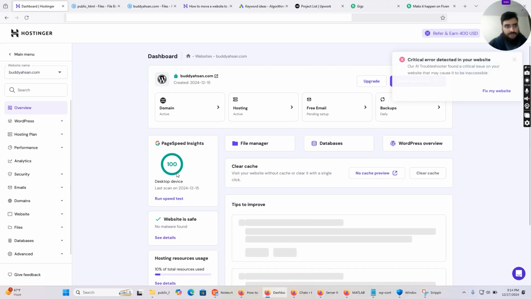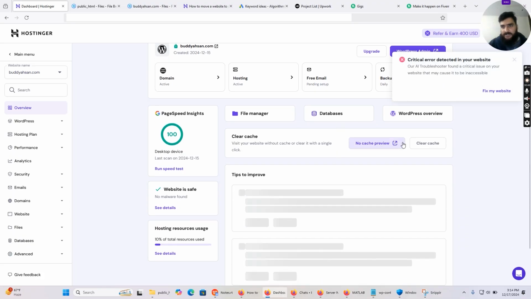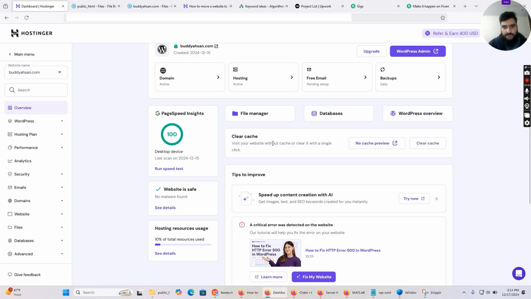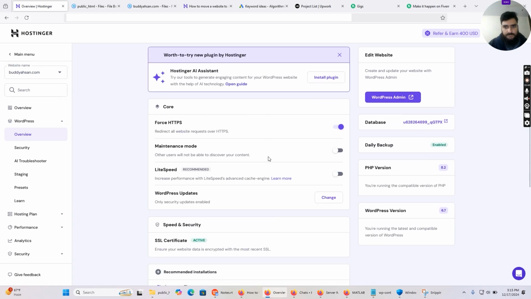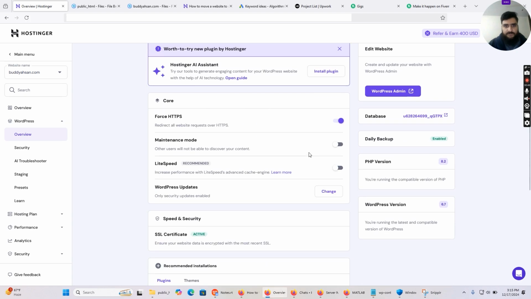One thing I need to do is change the maintenance mode. So in order to do that, I will simply go towards WordPress. Okay, my maintenance mode is already